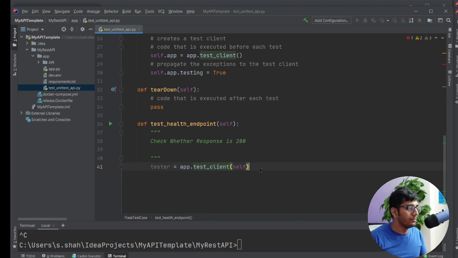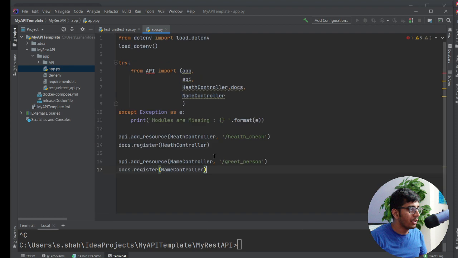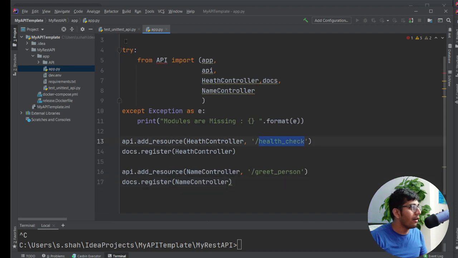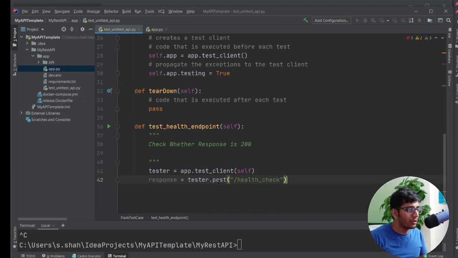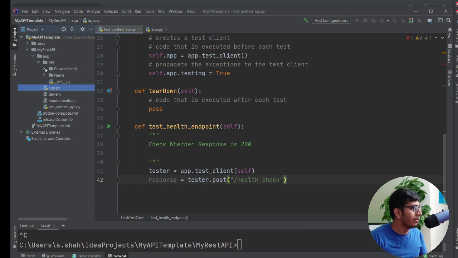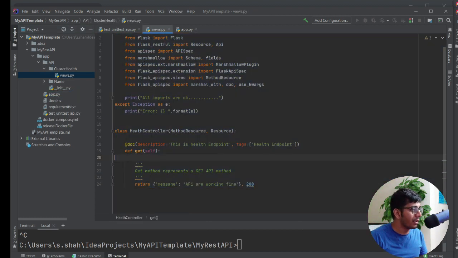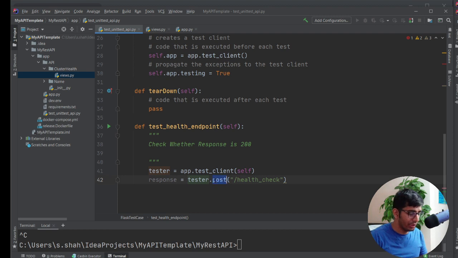Okay, so essentially now here you will paste your endpoints. The first endpoint that I want to have a unit test for is the health endpoint. So I will simply say /health endpoint. It's not going to take any data right now, so that's fine. So for the response, is it a post or a get? Let me make sure. As far as I know, it's a get. So let's come here and change this to get.